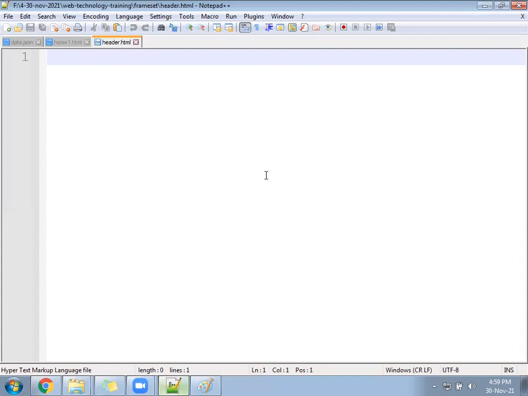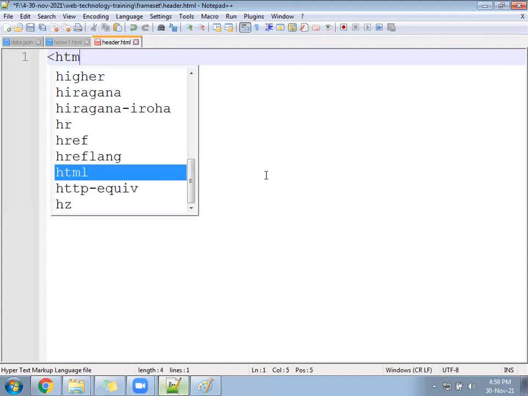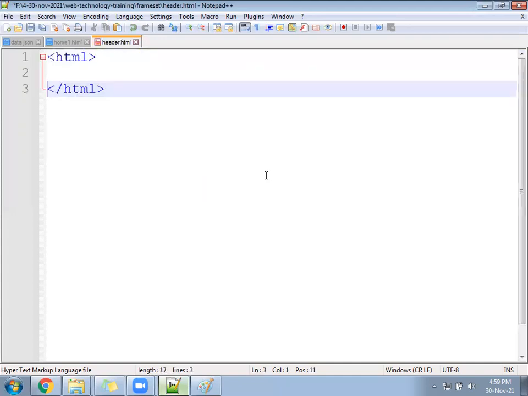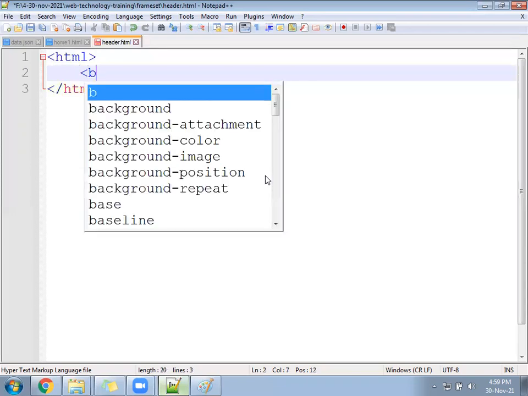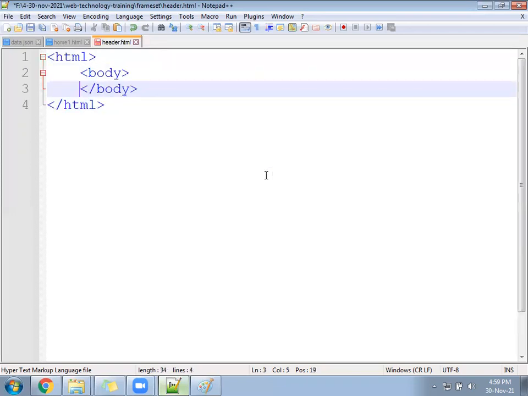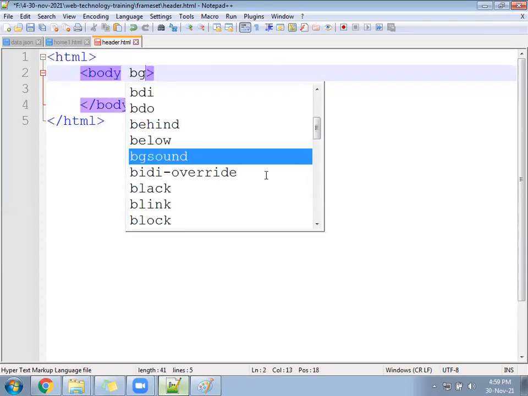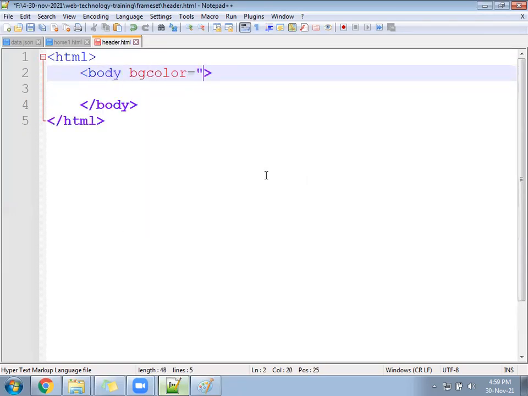Okay, so in the header file, you will start with HTML and follow with the body tag directly, and give the BG color, orange color.